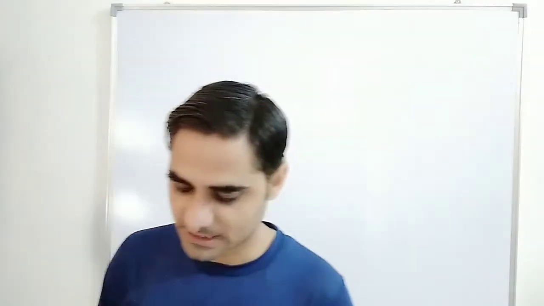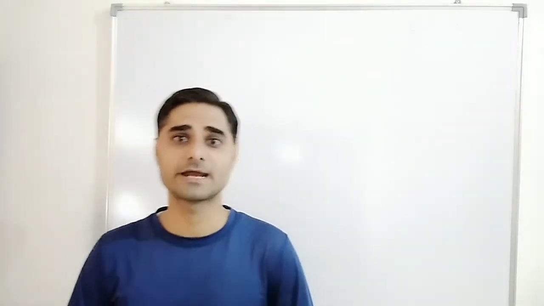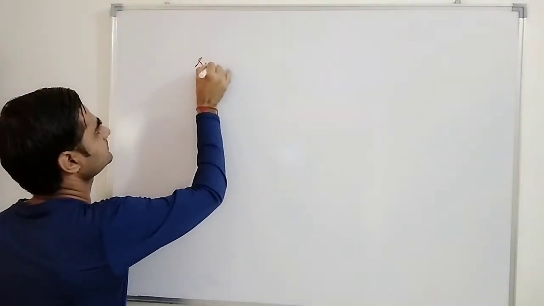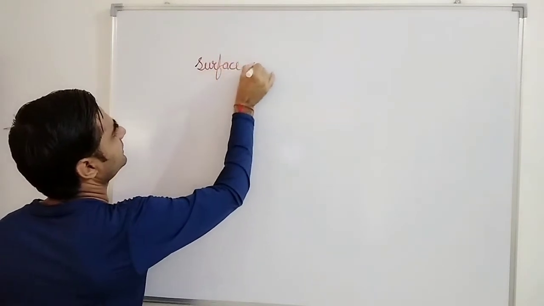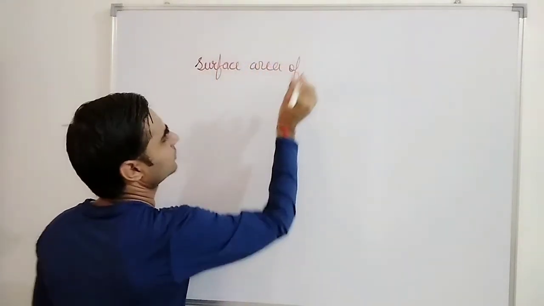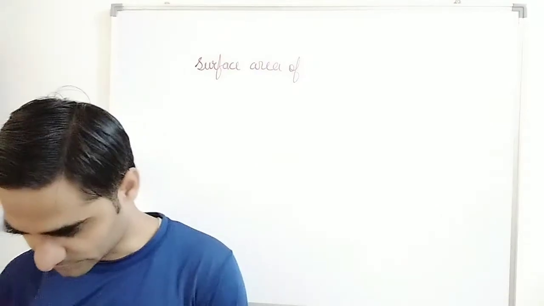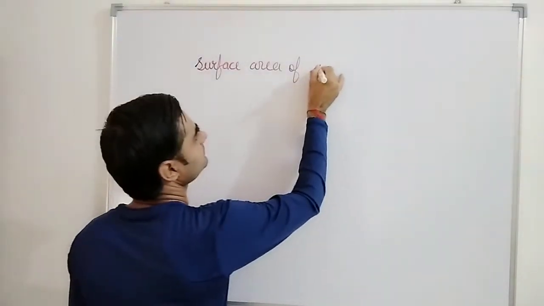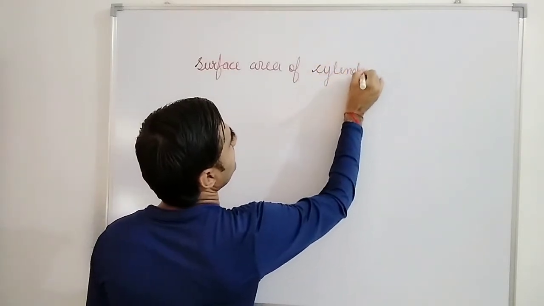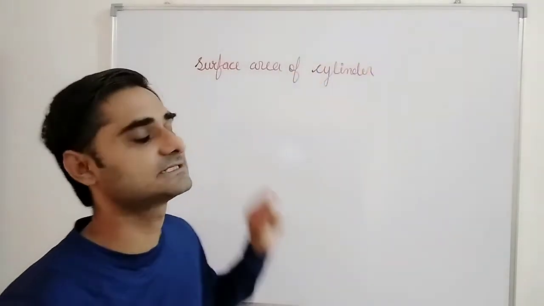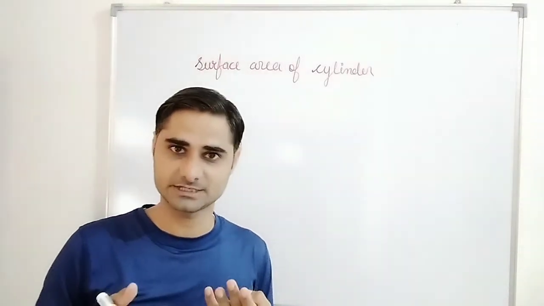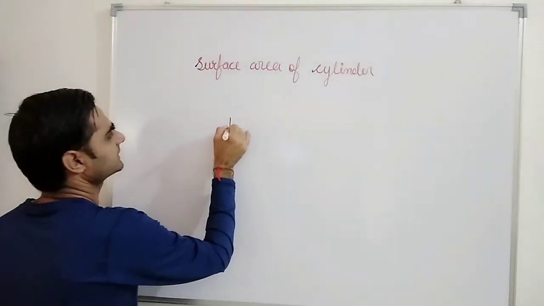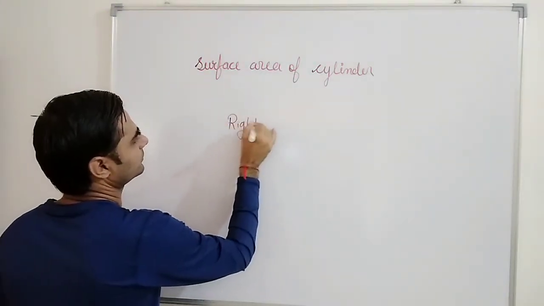Now today we are going to start surface area of right circular cone. As I already told you, what is surface area? Surface area of cylinder, not right circular cone, that is cylinder. First of all the question arises, what is right circular cylinder and what is the difference between right circular and circular? See, the word right is there. Right circular, it is given in your book.